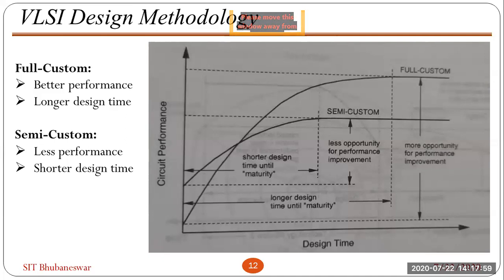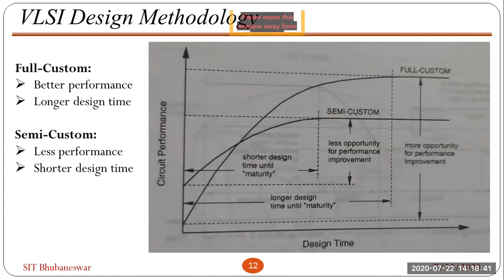In analog design, everything is manual. Everything manual means you can improve your performance in any way. A lot of parameters are there. You can optimize that. You can get better performance, and for that it will take time. So everything you will do manually. A lot of times you will do iterations. You will check, and you will change the transistor size, and you can change other components like resistor, capacitor, everything you have to change.